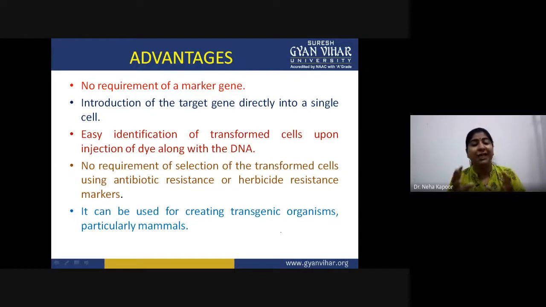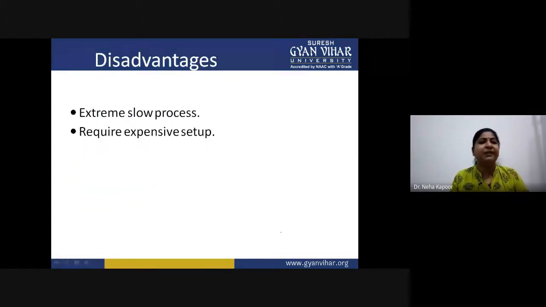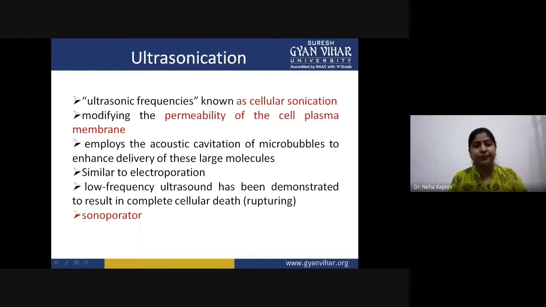As I told you, in the case of animal cells, in the case of mammal cells, the microinjection technique is more useful because we can ensure whether the DNA is delivered or not. Disadvantages: the process is slow and an expensive setup is required. And there is one more thing, you require a particular skill set also, because holding the cell and then injecting it inside requires a skilled professional.